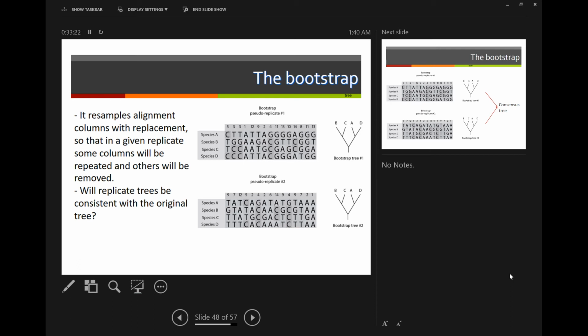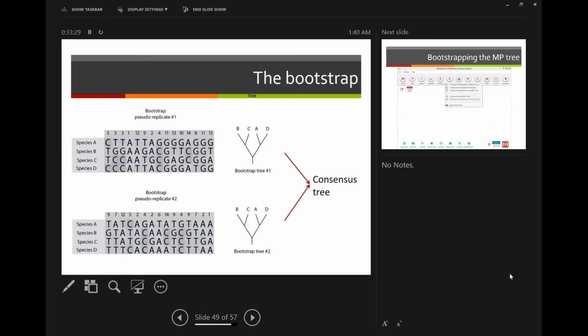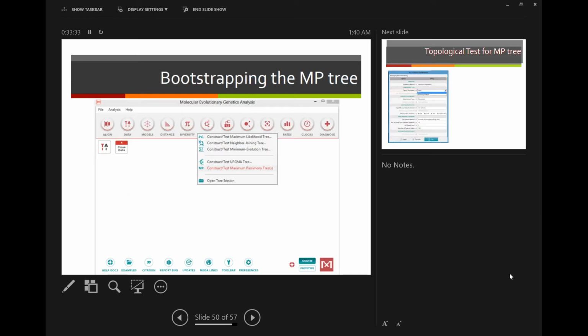So the question is, will replicate trees be consistent with the original tree? And Mega does this, provides 2 different types of results. So you can use this, we'll do it with parsimony, but maximum likelihood, neighbor join, minimal evolution, and UPGMA